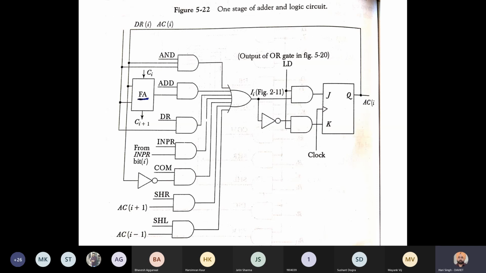Similarly, suppose we want to receive information from the data register directly without performing any operation. Till now we have discussed that the information is stored in the accumulator after performing addition. We can directly receive information from the DR register and transfer it to the accumulator, provided that this DR signal is active.